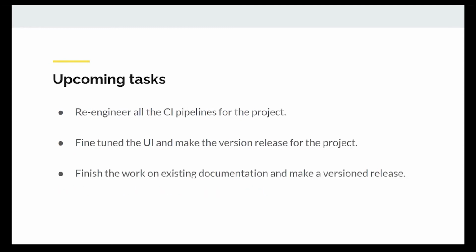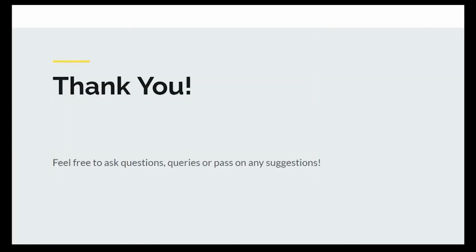The upcoming tasks for this project include re-engineering all the CI pipelines for the project. This includes removing all those actions that are not providing any sort of value, providing new pipelines for testing the code quality, and more. We also will be fine-tuning the user interface and making sort of a version release for the project. And finally, we want to finish the work on the existing documentation and make a version release for the same. That has been all the things that we have been doing for the first term at the PClub